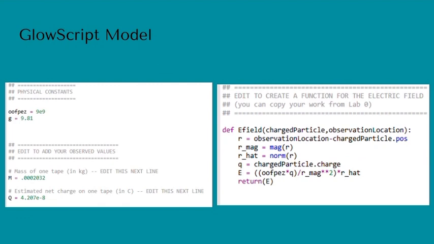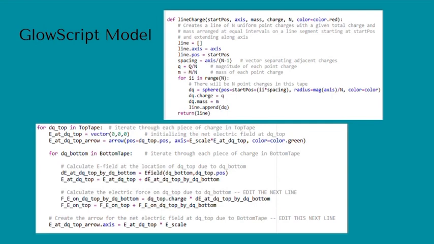And here for our GlowScript model, we first plug in our observed values, including the mass of the tape and the estimated net charge that we found in Lab 1. And then next, we will edit these values to create a function for the electric field. In this top section, we calculate the line charge using the formula down here at the bottom. And for this bottom section of code, since we're using basically a bunch of different little point charges across the tape,